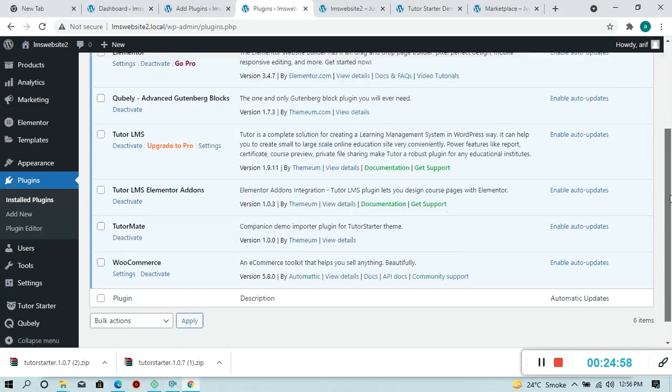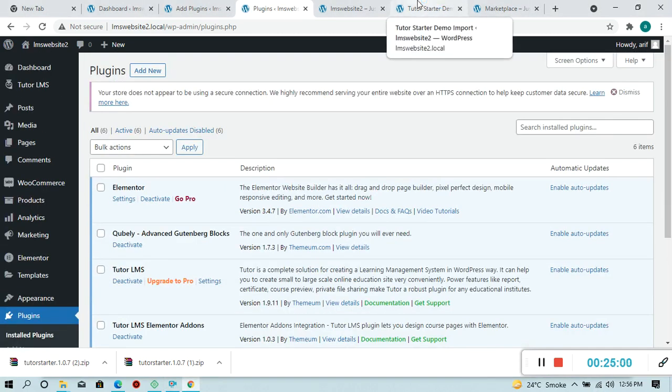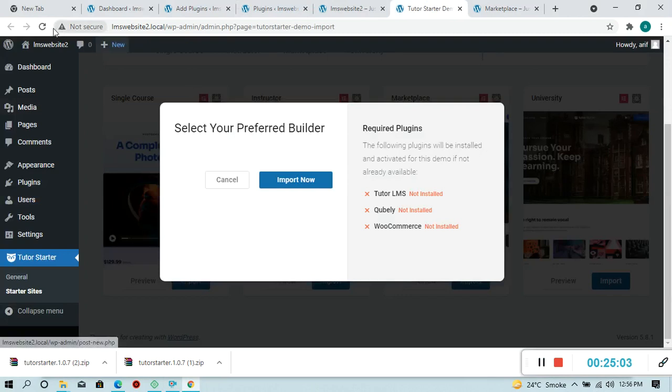Here you can see all the plugins have installed. Click on the refresh button.